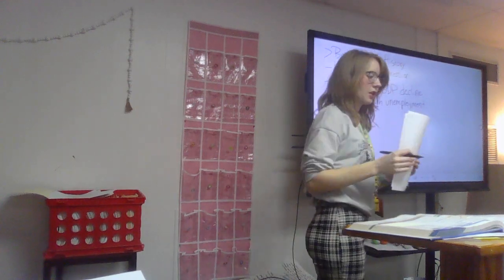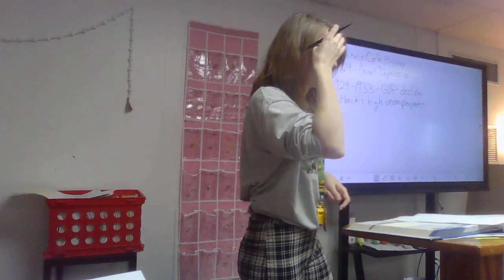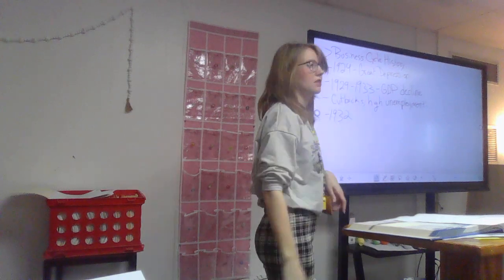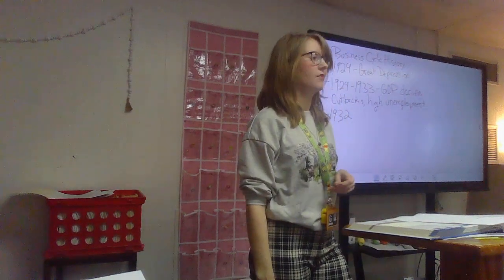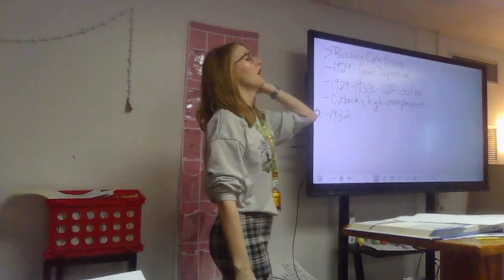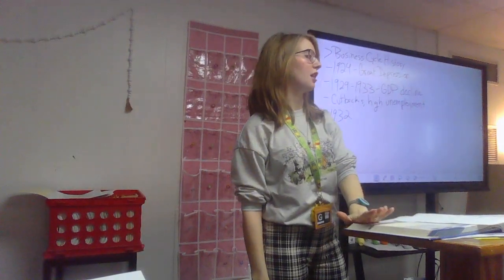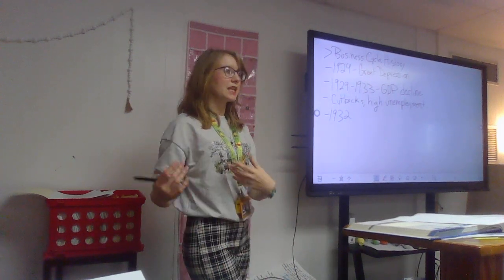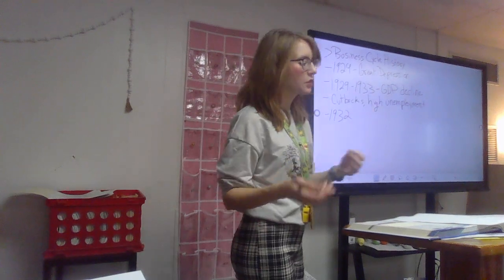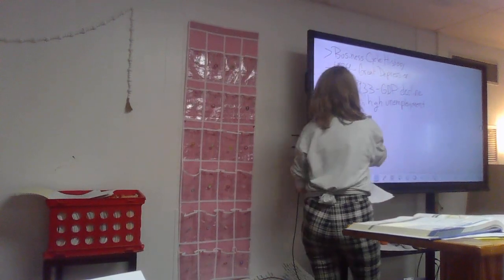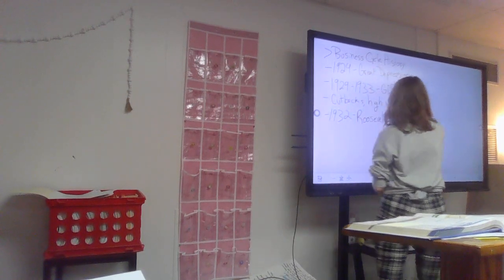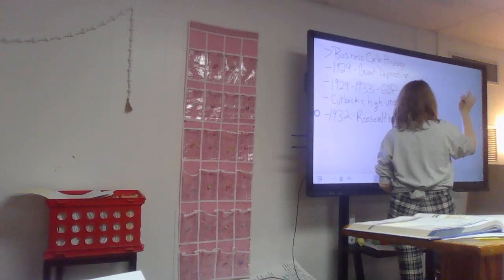But bad times can't last forever. Does anyone know what President Roosevelt did in 1932? I know that's oddly specific. Any ideas? Anyone heard of the New Deal program? President Roosevelt came in and said, hey, our economy's doing really bad. Nobody has a job. I'm going to fix it. I'm going to hire everybody through the government to build things like national parks. So we gave all these people jobs through the New Deal. And he did some other stuff too, but